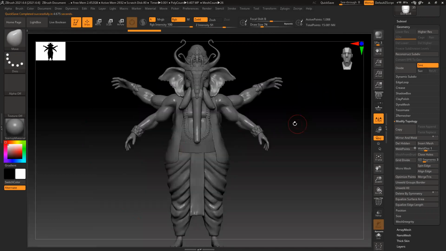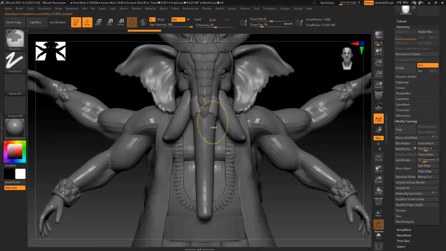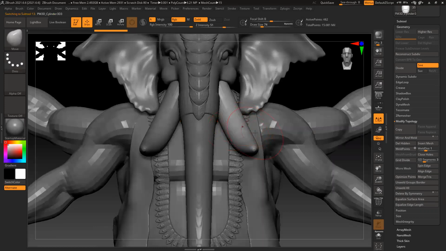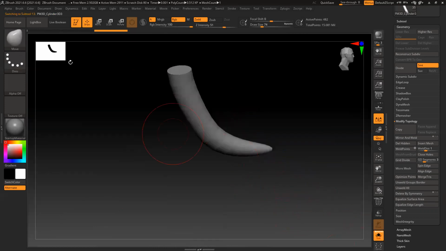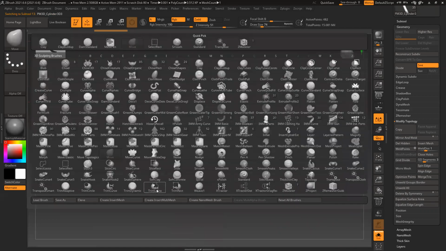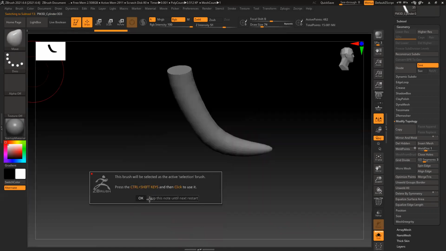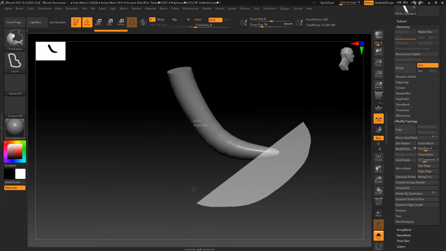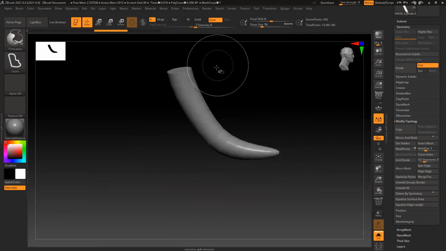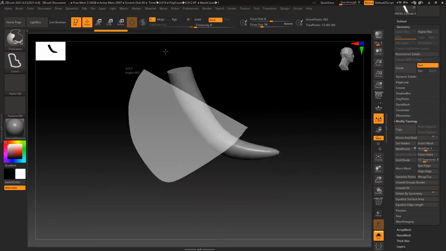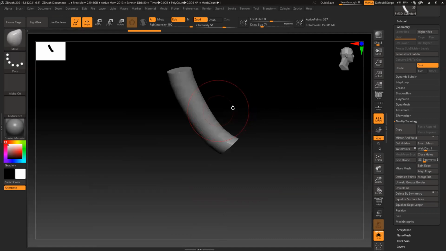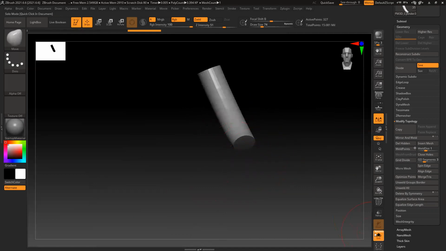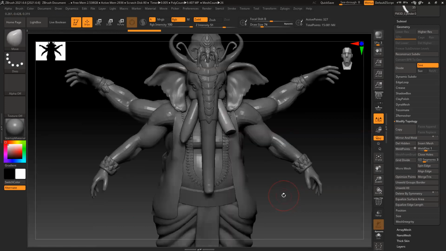Now let's test. Control Shift, cut. Nice, sharp, clean cut. Even smaller, right? Looks very good.